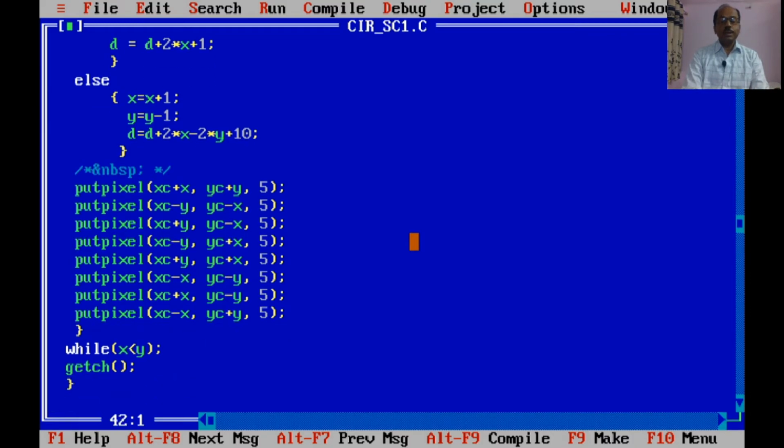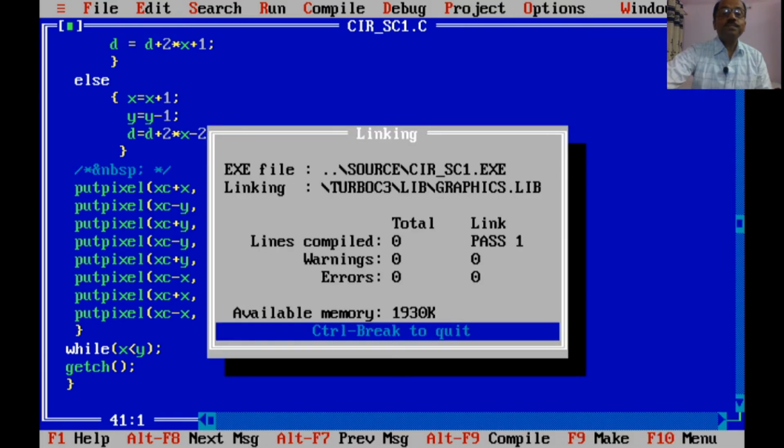So, using this, we will draw a circle. Let us execute the program. Here it is asking for the radius. So, we are giving it 50